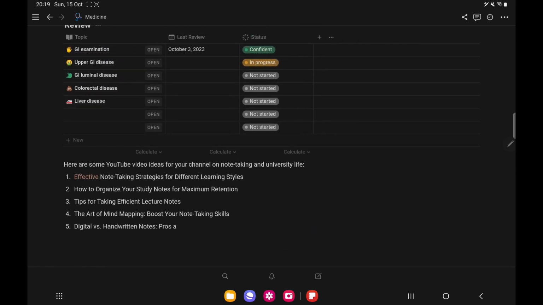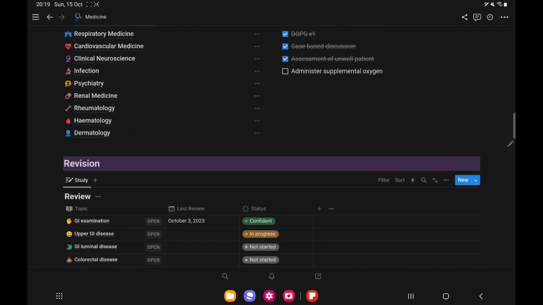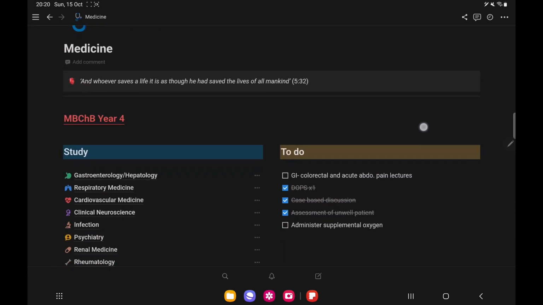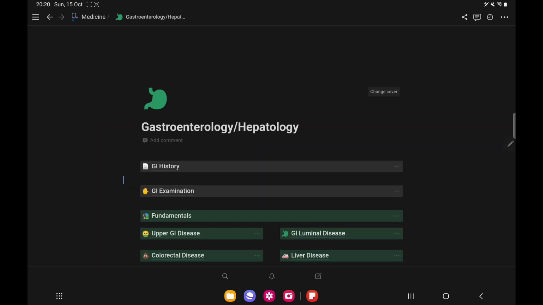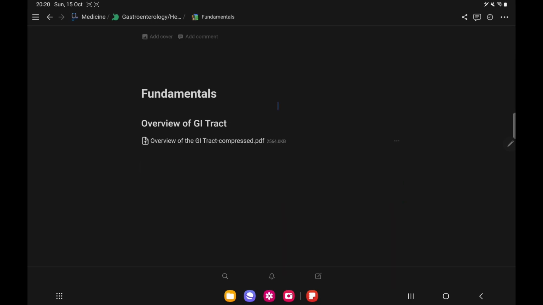There's not many actually built in, and sometimes I just want text to be bigger, and I wish there was a bit more customizability there with the actual text we write. And a lot of the times with Notion, I feel like there's a lot of empty space on my pages, especially within